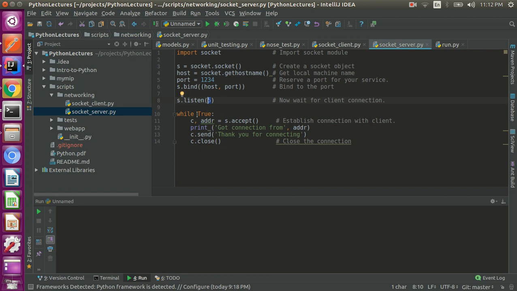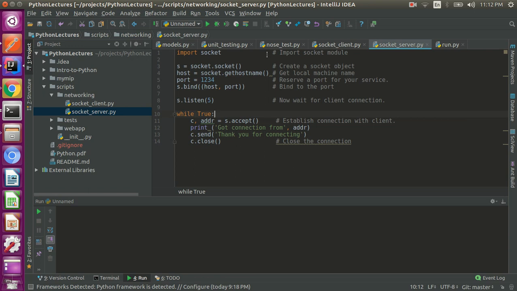And once this listen happens, we have to accept a connection. This accept is a blocking call, so we do a while true, that means an infinite loop. And once a client tries to connect to the server,